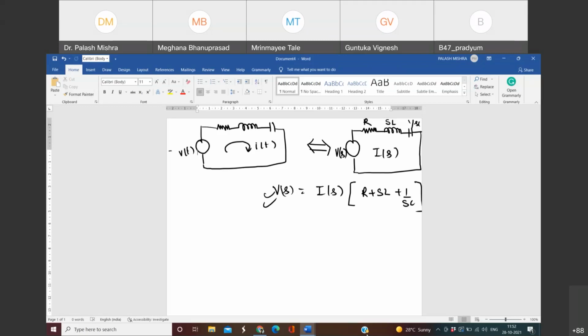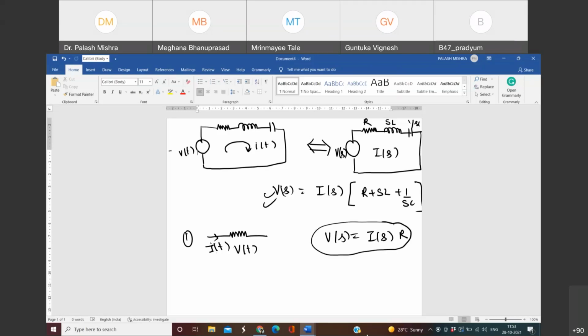Okay. Now let us suppose you have the initial values of the current and the voltage in the capacitor. Let us suppose we have a condition something like this. So let us start with the resistor. Resistor doesn't have any initial values or final values. Okay. So there is no problem of representation of the resistor anytime. So if its voltage is V(t) and I(t) in the time domain, it will always be V(s) equal to I(s) times R. This is always true because resistance does not have any initial value or any final value. It only has the instantaneous value of the voltage and the current.